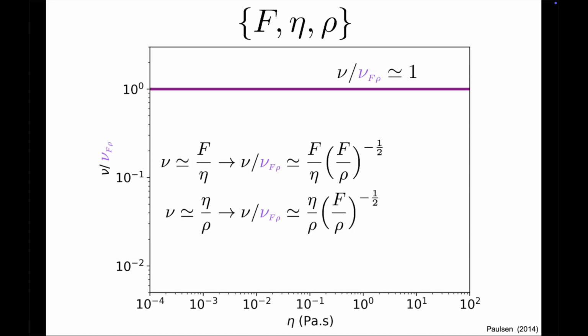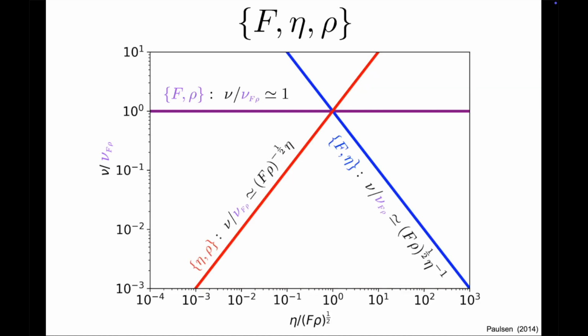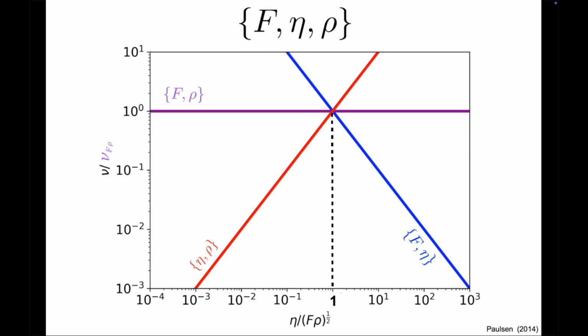If we express these scalings in the same objective units, we get two similar results. These ratios are dimensionless. So the square root of a force times a density must have the dimensions of a viscosity. This combination of force and density provides an objective unit for the viscosity, to replace the convenient but arbitrary international standard. With these fully objective units, the three scalings of the trio intersect at the point where the scaled viscosity is equal to 1.